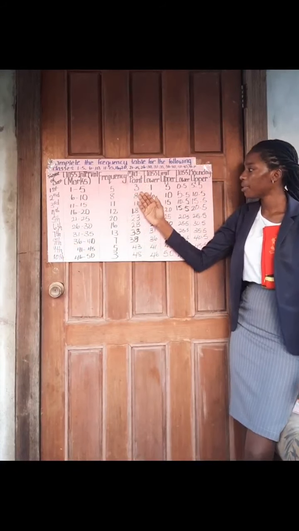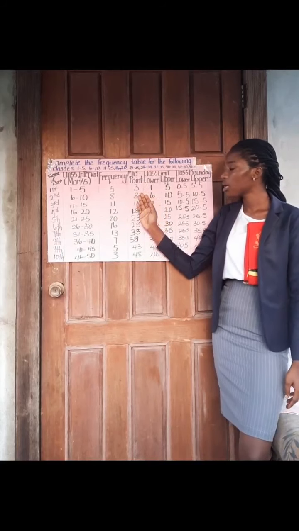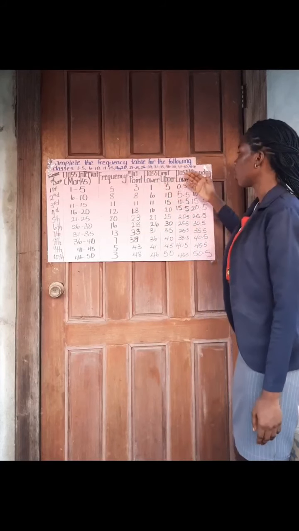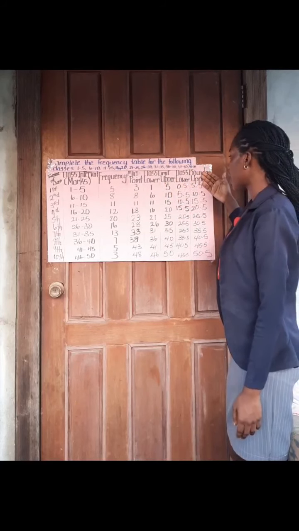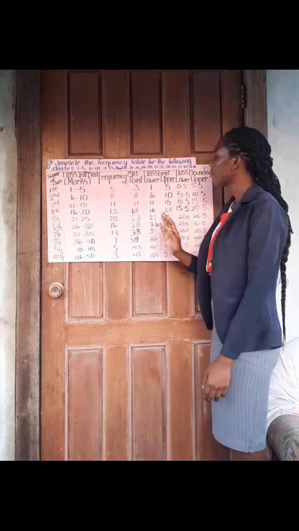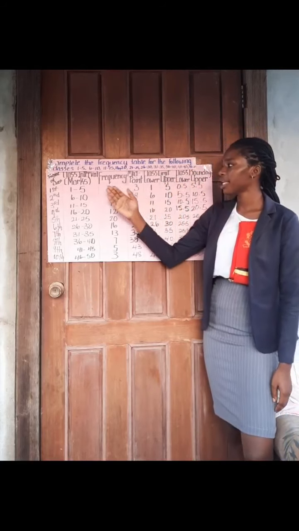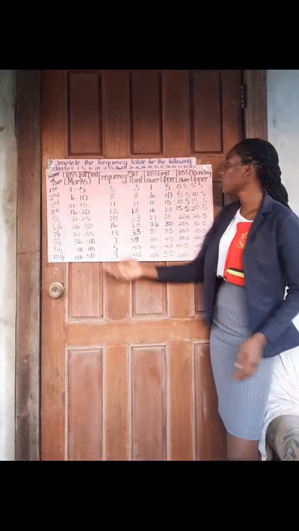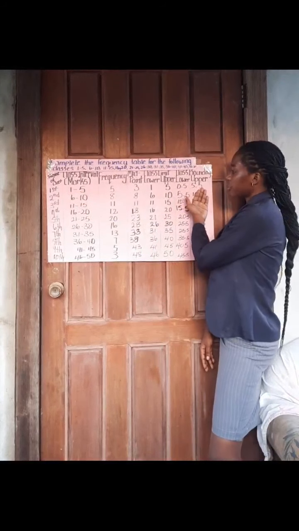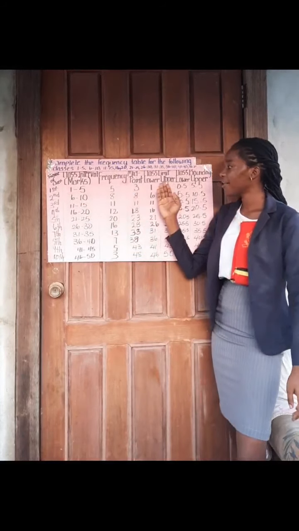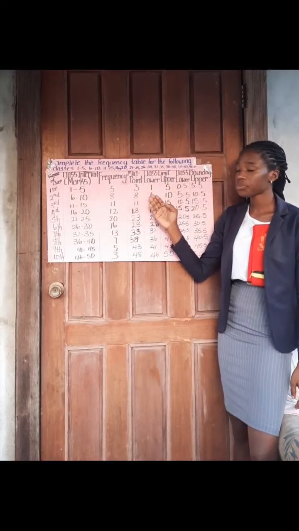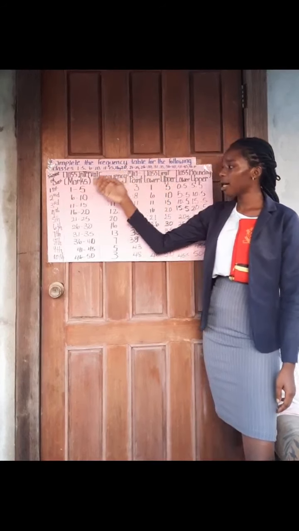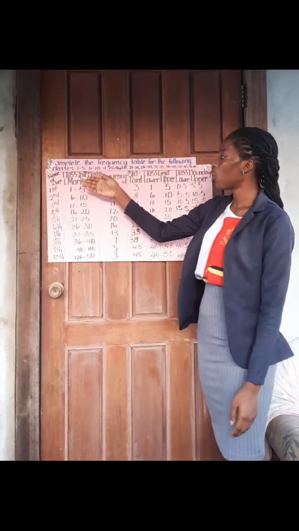We know our midpoint, right? We have our class limit. We also have our class boundary. For our midpoint, we can either add our class interval or our class boundary, and we will have the same answer. Our class limit is the minimum and maximum value that our